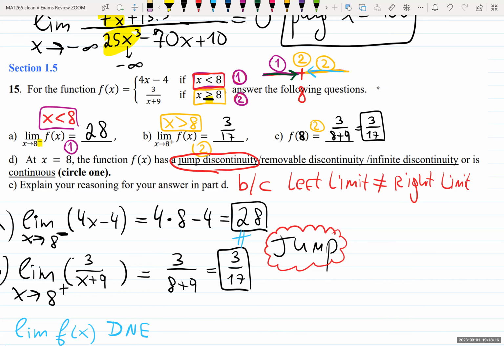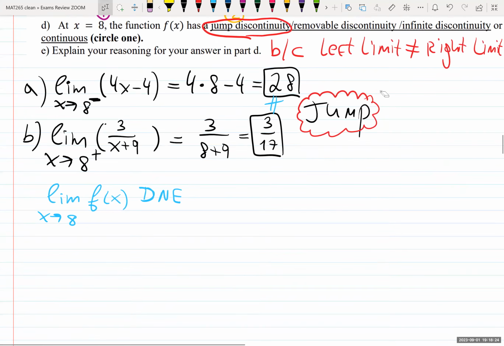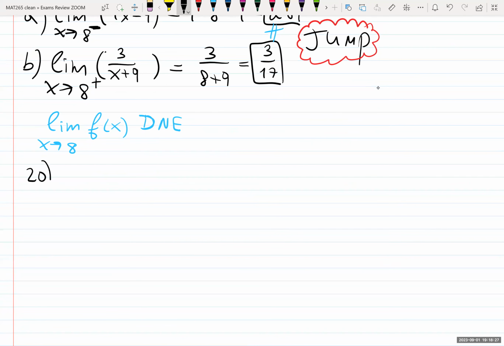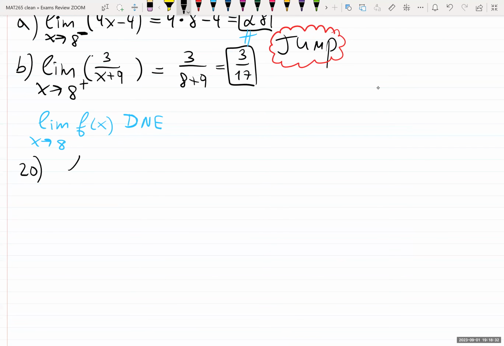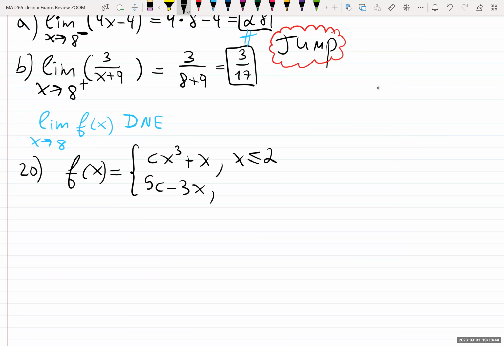So it's 1.5. Then they give you a piecewise function. Let me find here. 20. It's 20 in the review. No, that's fine. 20 in the review says the function is given as d x cubed plus x when x is less than or equal to 2, and it is 5c minus 3x when x is greater than 2, like so. And then they ask to find d